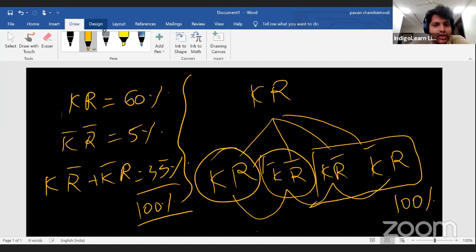Complementary events are there, but complementary events answers will come only if you are sure how many outcomes are possible. Like in a head and a tail, what is the probability of head falling? 1 by 2. What is the probability of tail falling? Also 1 by 2, because there are only 2. But whereas in the Kohli and Rohit scenario, we have 4 outcomes. So if you find the answer for one, the rest 3 combined will be the balance. You can't exclude anyone from the other. Okay, so this is what he asked.